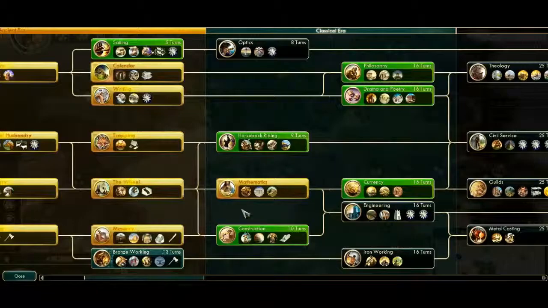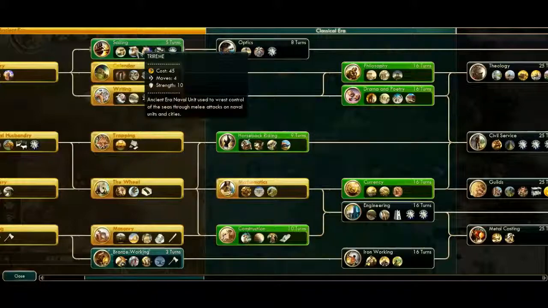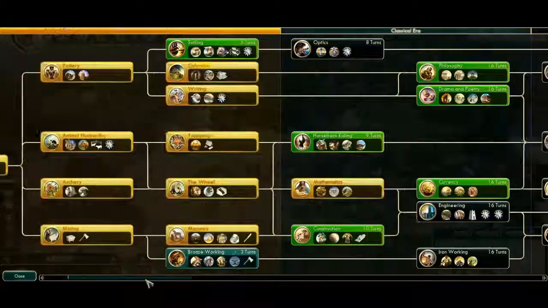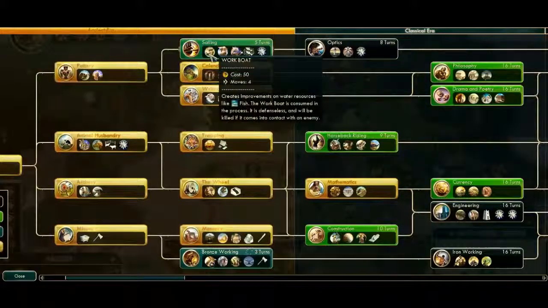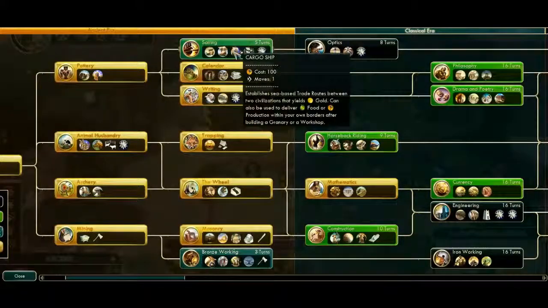So from there, we've just got mathematics. We're going to go with bronze working. And I actually want to go back and get sailing. That will finish off our last tech in the ancient era. But I want to get some boats running,